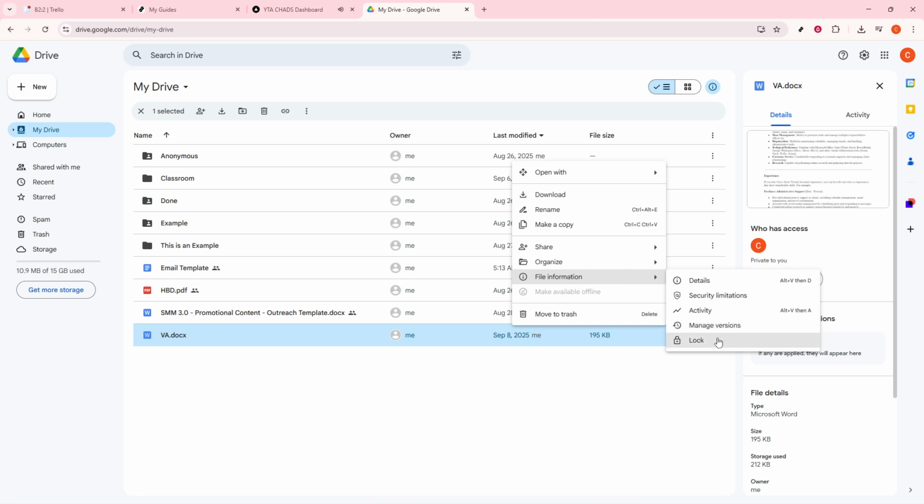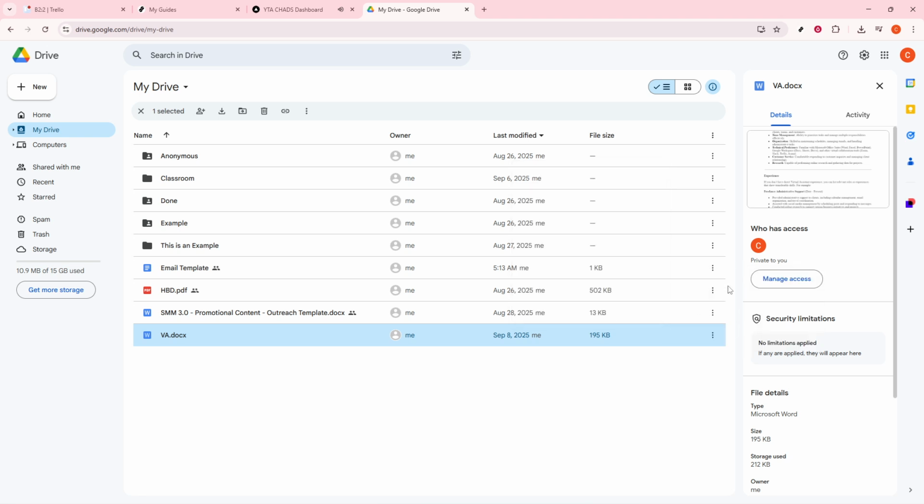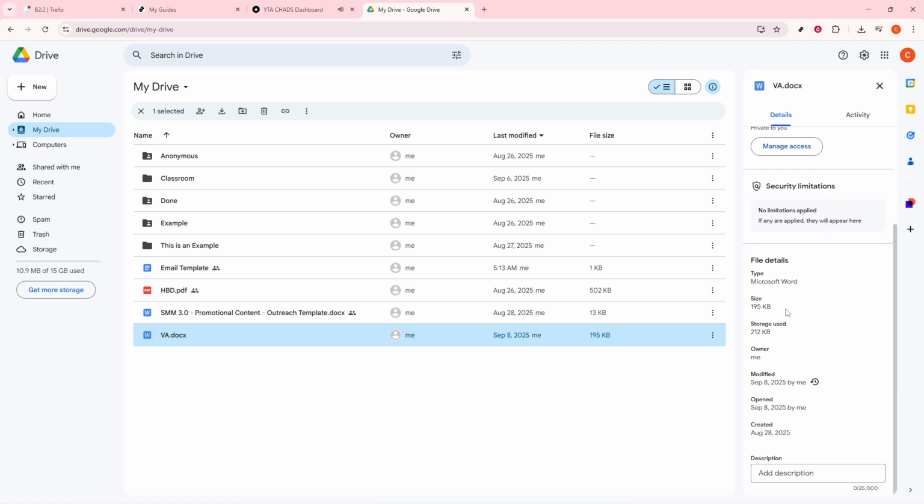This can be particularly helpful if you're collaborating with multiple people and need to keep track of contributions. Also available in this panel is the creation date of the file or folder, offering a snapshot of its historical context within your Drive. One quick tip: if for any reason the list view or right-click options aren't displaying correctly,